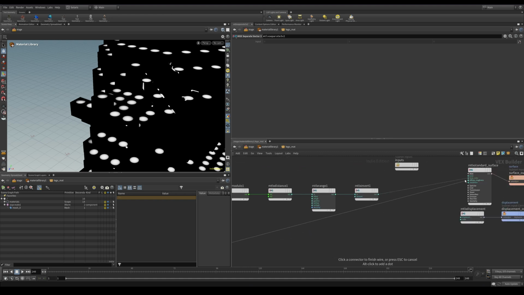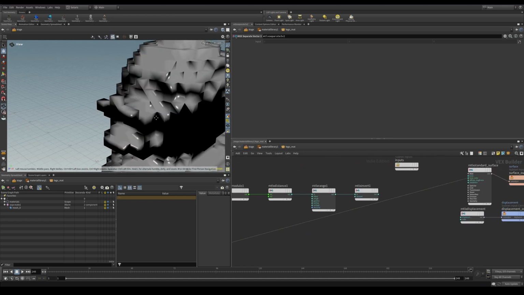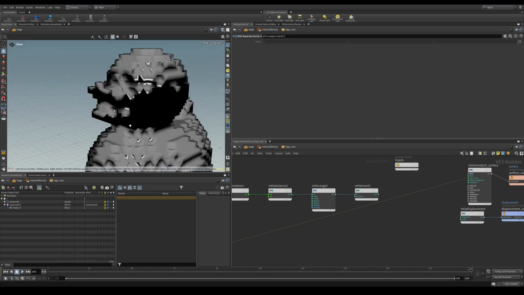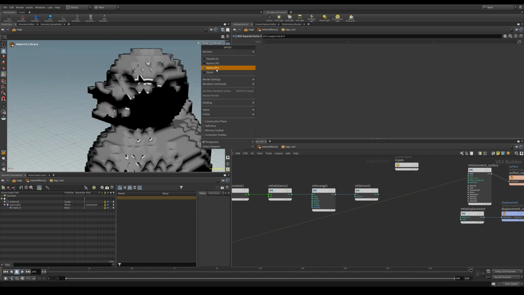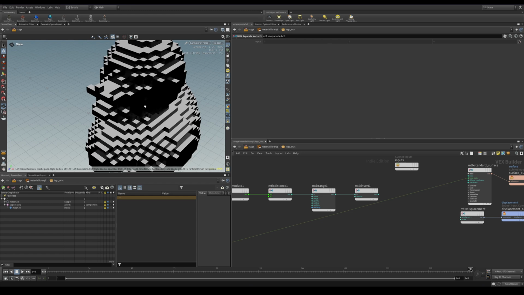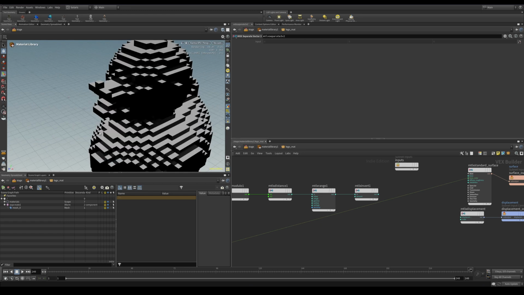And let's visualize this. So that's my component. It looks a little messy right now because I don't have my render turned on. Let's turn on the renderer, and you'll see that we have all of the faces that are facing up in positive y are actually colored white here, and everything else is black.